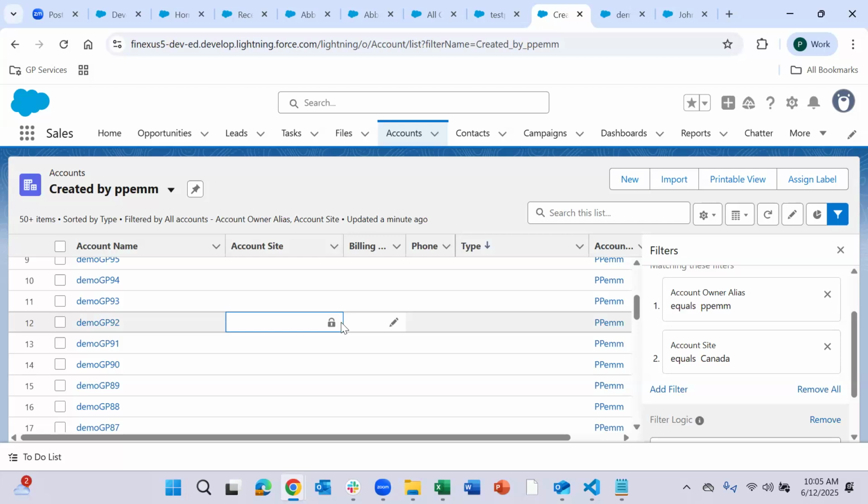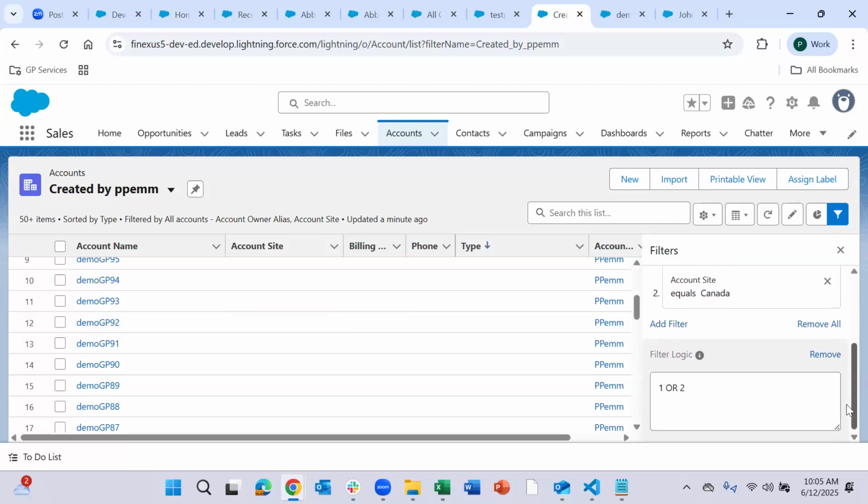So I think basically you got what is meant by OR and AND. OR means at least one condition has to be satisfied, and AND means all the conditions that you have specified here. Let's say you have 4 conditions and you are using 1 and 2 and 3 and 4. That means all 4 conditions have to be satisfied. If you are using 1 or 2 or 3 or 4, then if at least one condition is satisfied, it is going to fetch all the records.